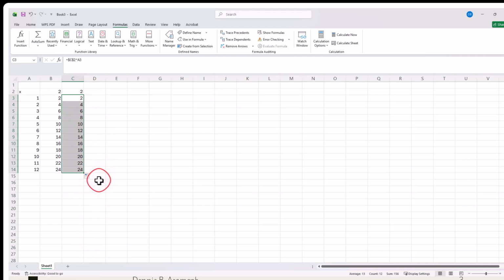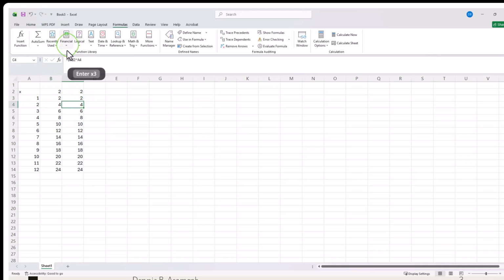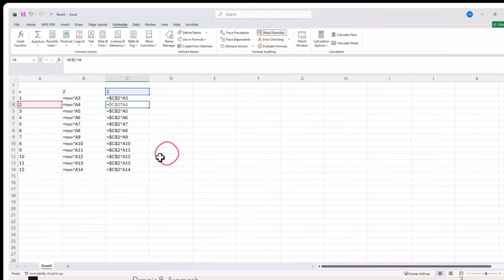So I have the same output, and that is because now my C2, which also contains 2, has been locked in a situation we call absolute referencing. You will also realize that in my formula, let me go back to show formulas, the 2 in column B has been locked through defining a name. In here, it has been locked by providing that dollar sign